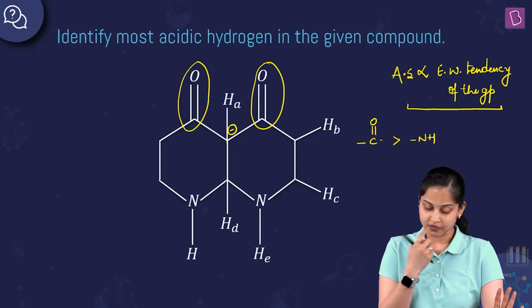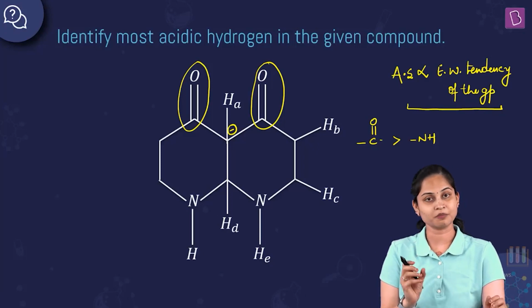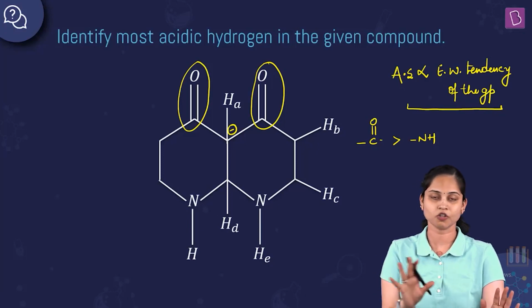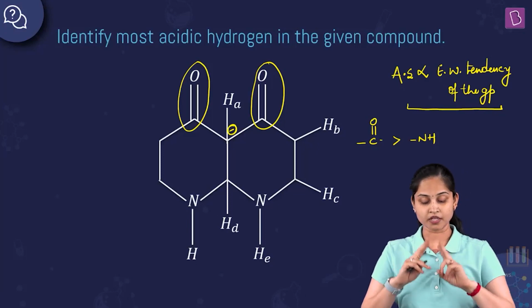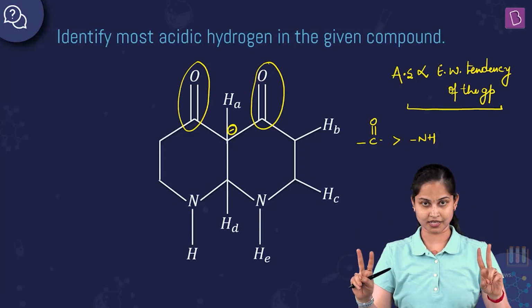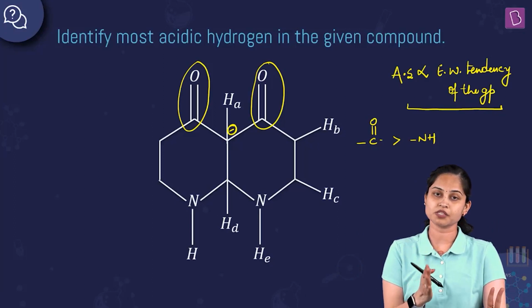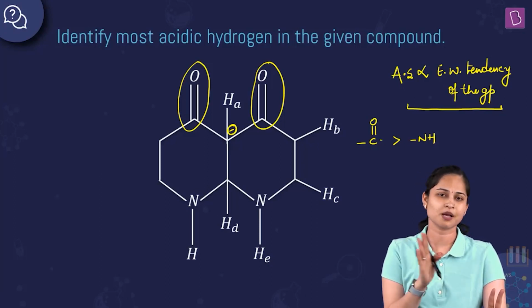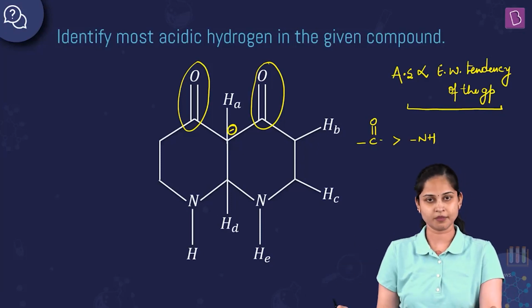Okay, how come we can say by resonance? See, what I mean to say over here is that we'll be talking about the mesomeric effect. Mesomeric effects are called resonance effect, but resonance effects are not called mesomeric effect. Now, since negative charge is present over here and it has two electron withdrawing groups on both its sides, mesomeric effect is defined as an effect which produces polarity in the molecule by the interaction of two pi bonds, or you can say by the interaction of a pi bond or a lone pair of electrons, or a pi bond or a negative charge present on the adjacent carbon atom or any atom.